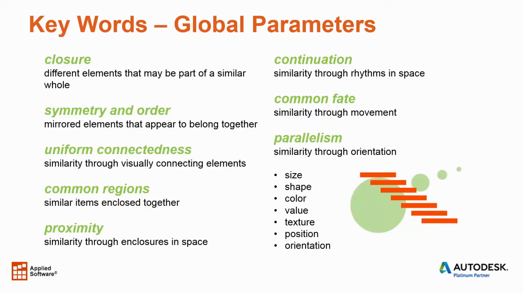So this is all about designing and working with model-based design through size, shape, color, value, texture, position, and orientation. And that's the starting point that you should start with when you define your global parameters. You need to define what the problem is, what the constraints are, what the limits are, and based on that you can find a solution to the issue you're trying to resolve. Whether it's architectural, structural, MEP, whether it's a design issue, whether it has to do with a design intent or code requirements, all of that falls into these